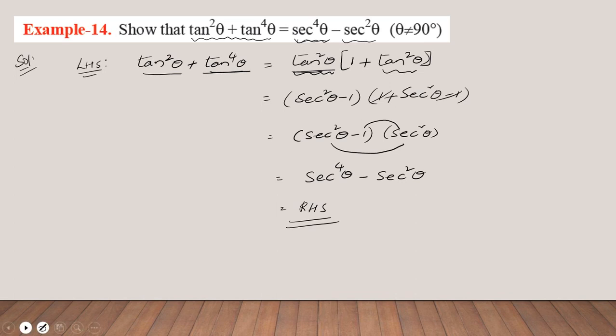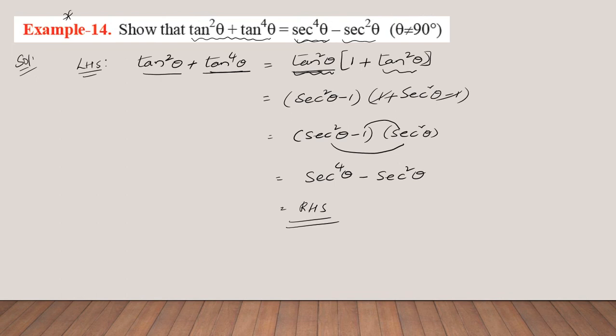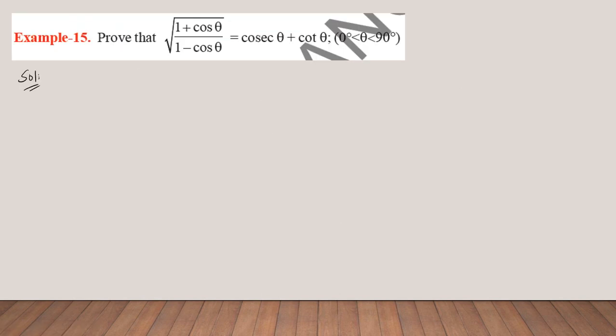Next, moving on to one more question. See this particular question. This previous question is very important, and this may be asked for a 4 marks question, right? Next, this is also one of the important questions, along with the things which we have discussed. So whenever you have a square root, you just need to make use of rationalization.